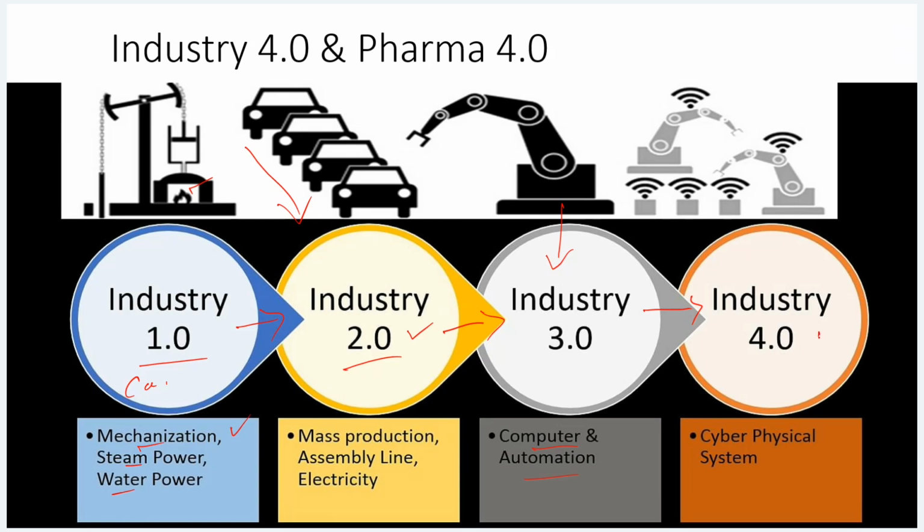That is going to be solved by industry 4.0, where we use the cyber physical system, the use of the internet actually, so that I can remotely operate my equipment, isn't it? Nowadays people are working from home. How is it possible? Because of using the internet only. So the use of the internet for your production purposes is nothing but industry 4.0.